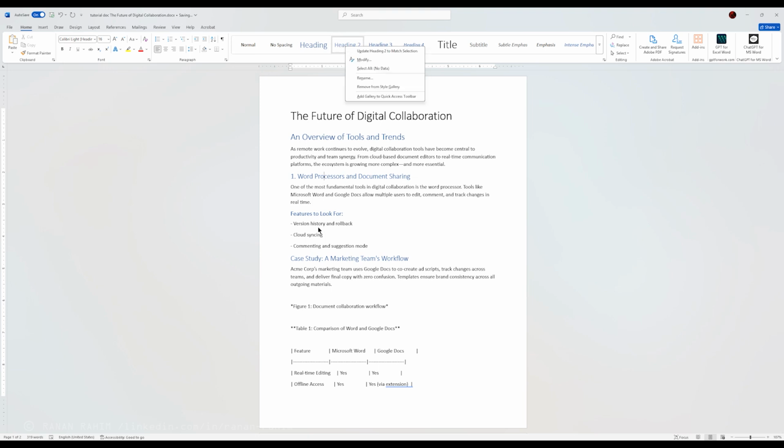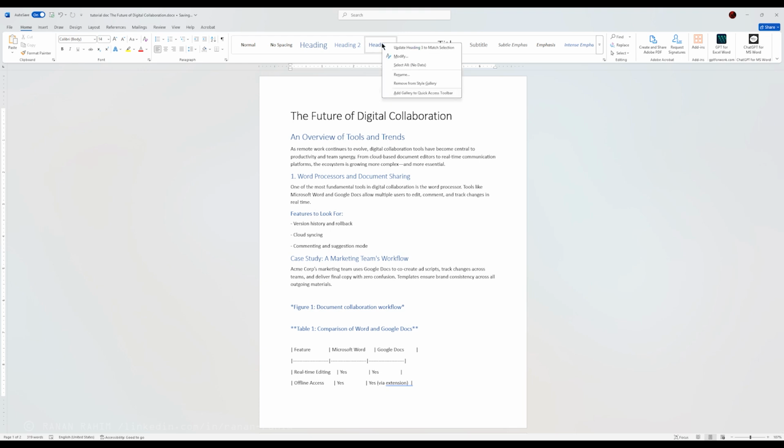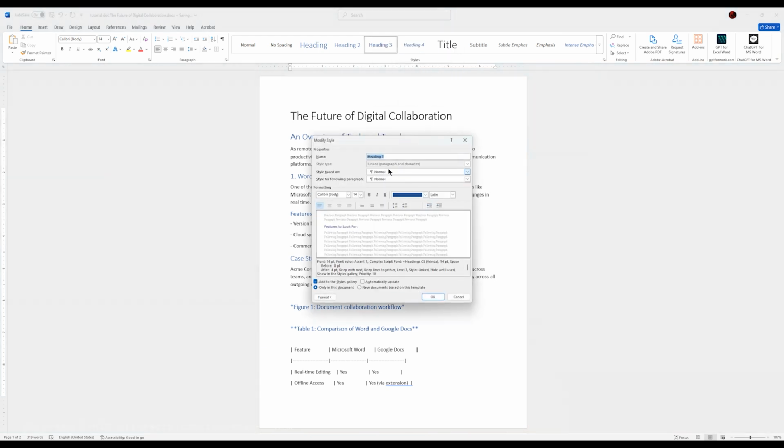You see, if you want to change all of these, so let's give this H3 as well, figure and the table. Okay, so you see the way you progress into headings, it automatically generates the next heading sequence by default from the theme that is built into Microsoft Word. So we have two H3s here, right? Three actually. So if I want to change anything from this, we should go to right click, modify, and then